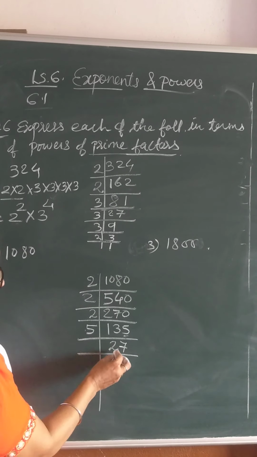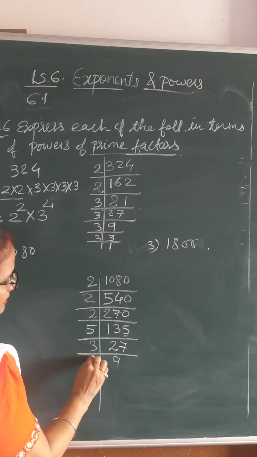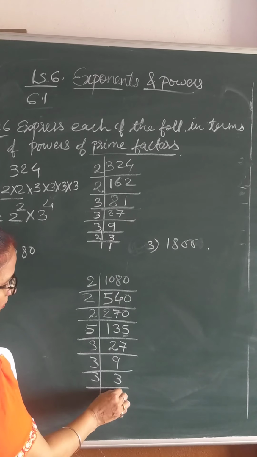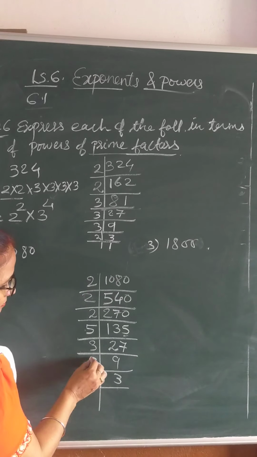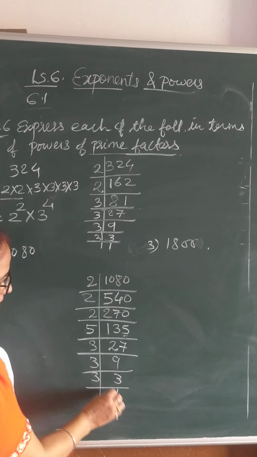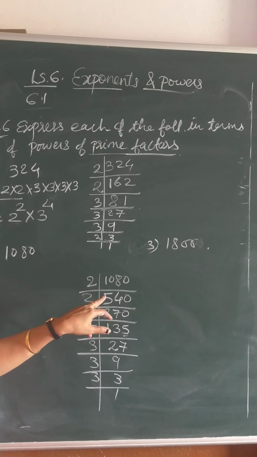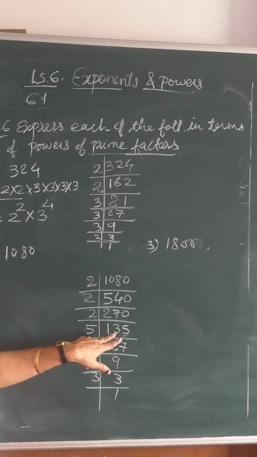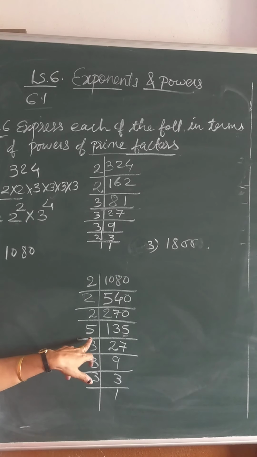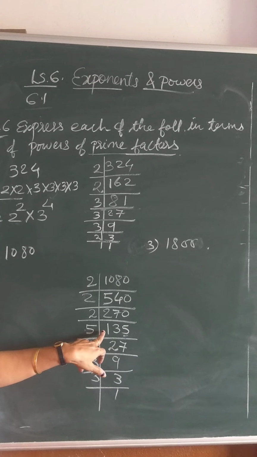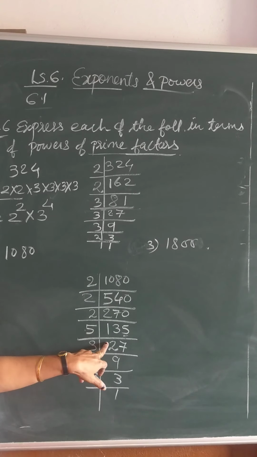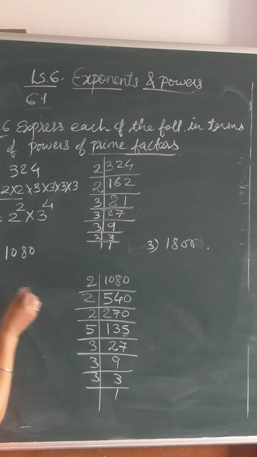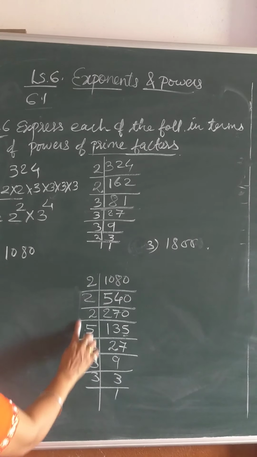27. Okay, and now write: 3 9s are 27, 3 3s are 9 and 3 1s are 3. So let's check it again: 2 5s are 10, 4s are 40, 0s are 0, and let's divide it by 5. Yes, correct. So now write all the factors, whatever factors you got here.